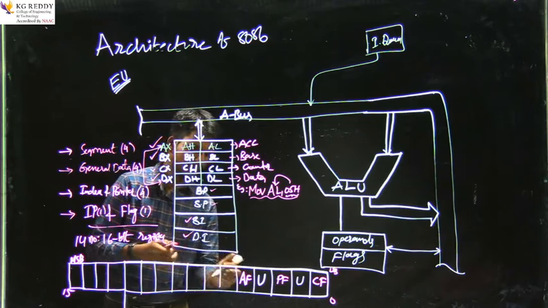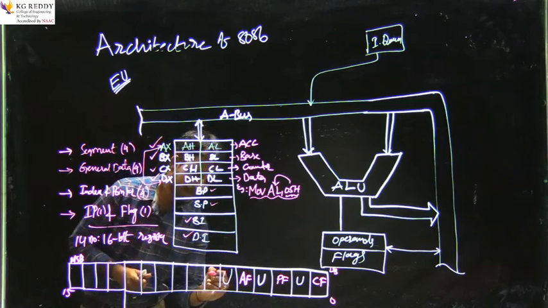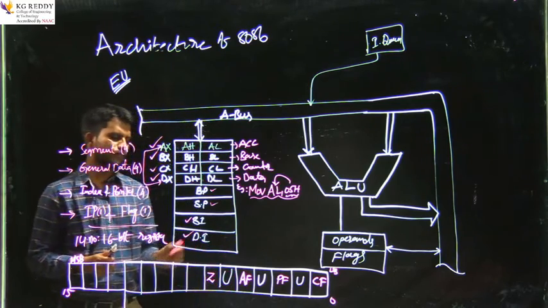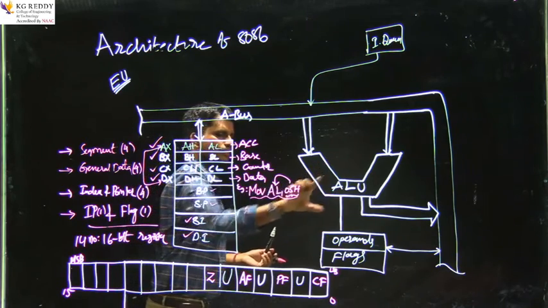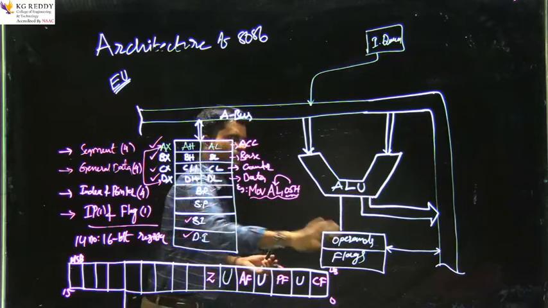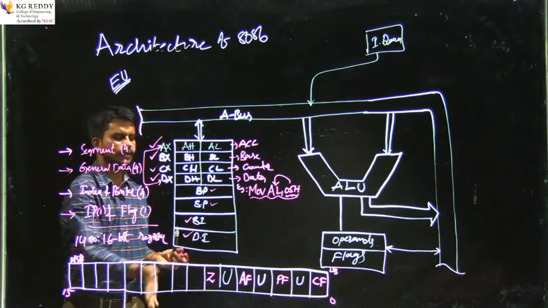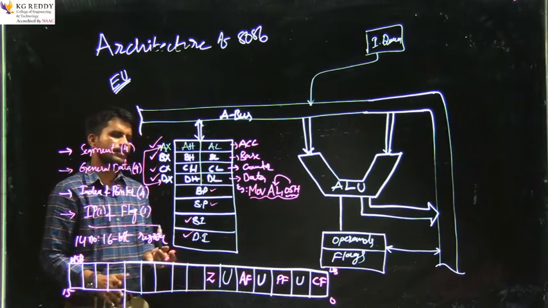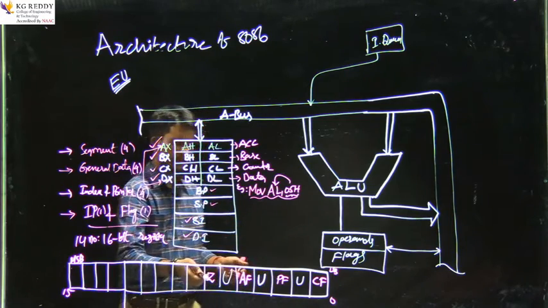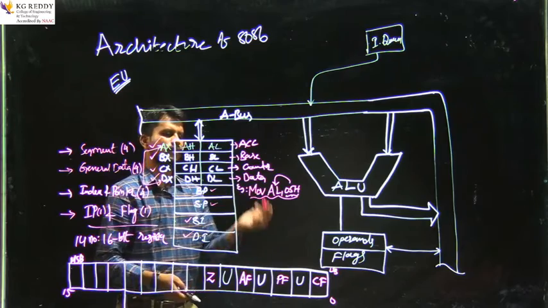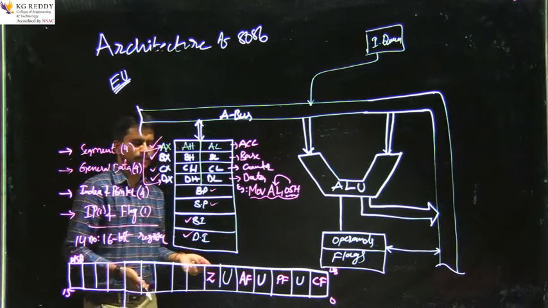And the next bit field is again unused, then we'll go with the zero flag. The zero flag basically represents whenever the result of the previous instruction executed by the ALU becomes 0; then this field will be enabled. Otherwise, it will be disabled or reset to 0. For example, if you are performing the subtraction operation 2 minus 2, the result is 0. That time this field is automatically set to 1. If you are performing any other operation where you get a finite nonzero result, then this field will be disabled, that is 0.